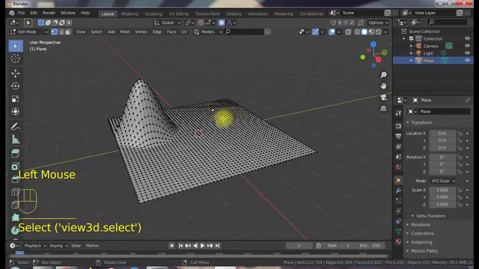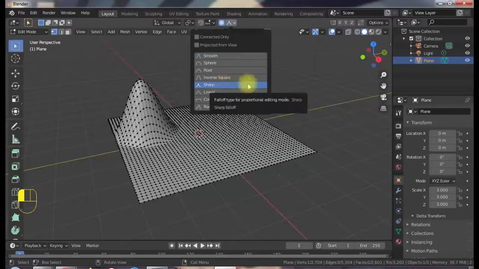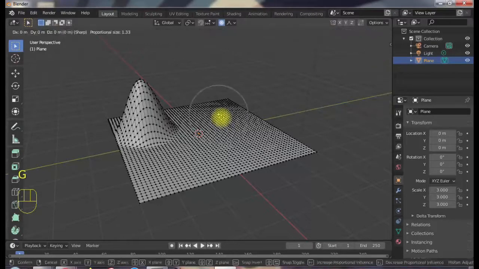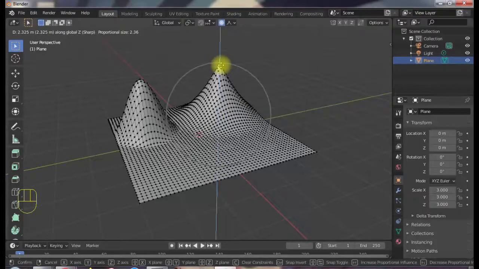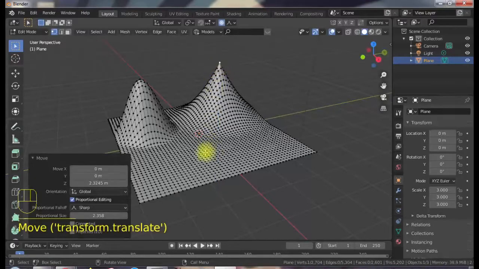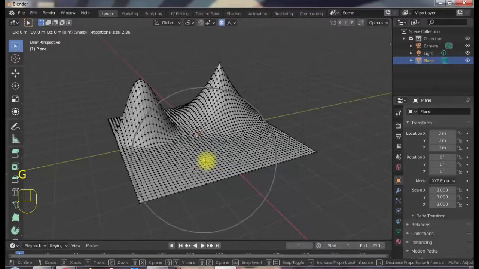Now again, select a random vertex. I'm going to select a different one. This time I'm going to select this sharp one. Well, G, and grab along the Z axis. I'm going to increase the size of this mount. Now one more mount. Select a random vertex, grab, Z,